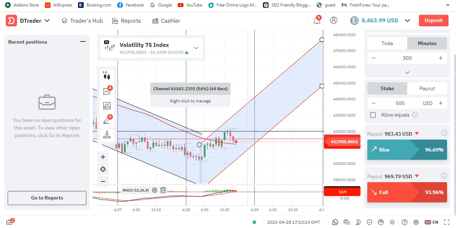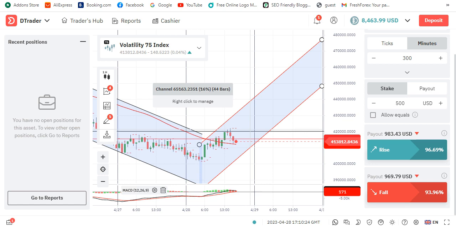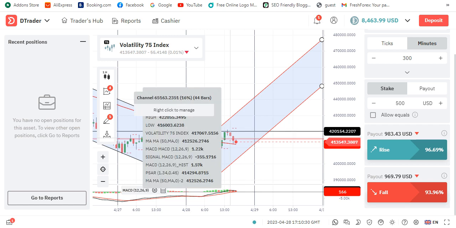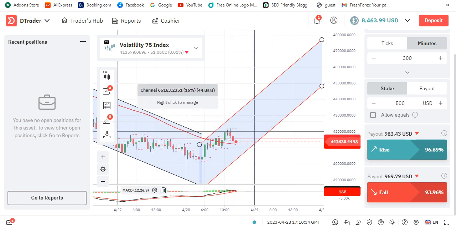So don't enter the trade here, just wait for this candle to pierce. It could be today, it could be tomorrow. But whenever this candle has crossed this resistance,